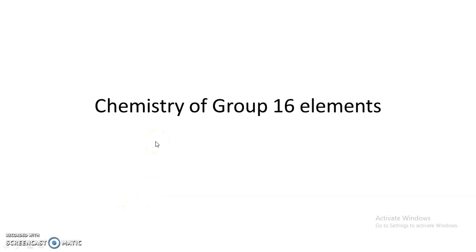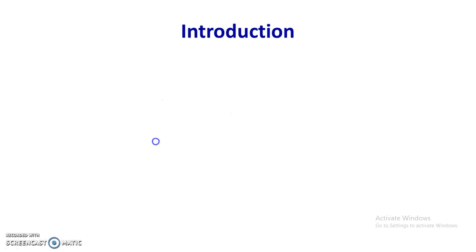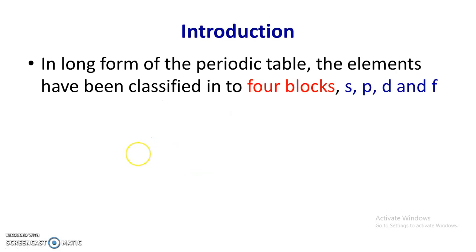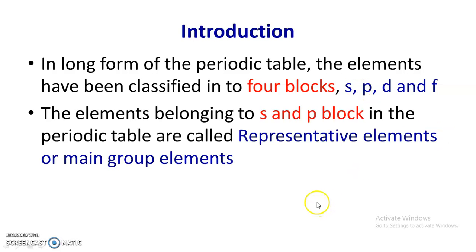Now next chapter is chemistry of group 16 elements. In long form of periodic table, there are total 118 elements, and these elements are classified into 4 blocks, that is S block, P block, D block and F block. The elements belonging to S and P block in the periodic table are called representative elements or main group elements,